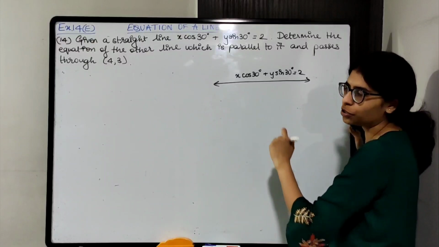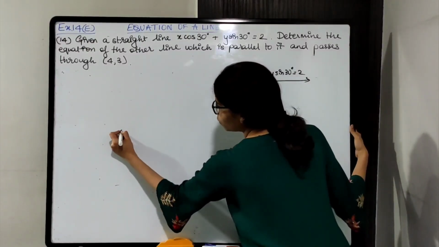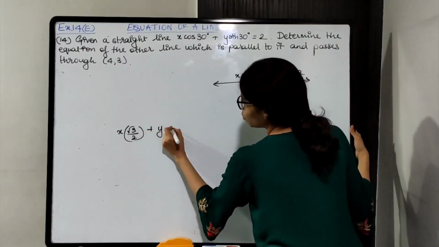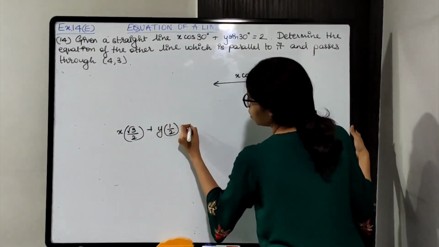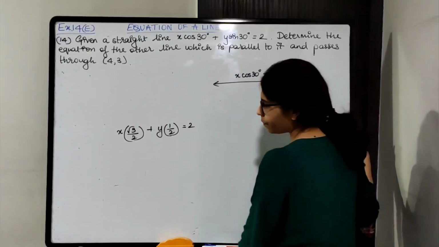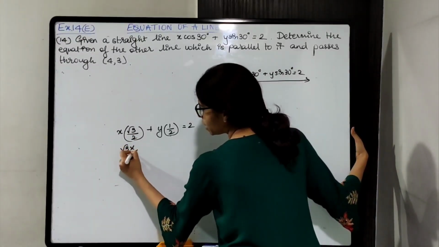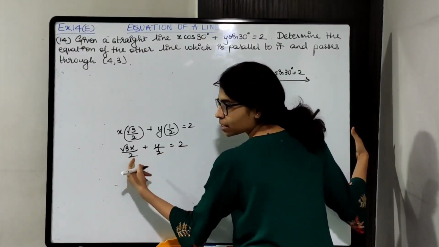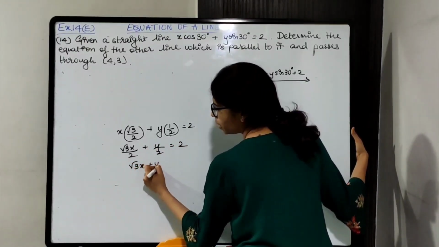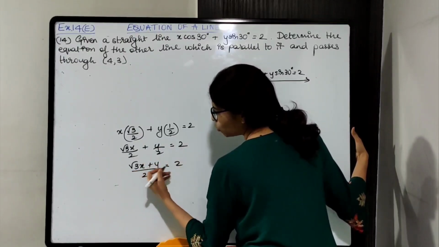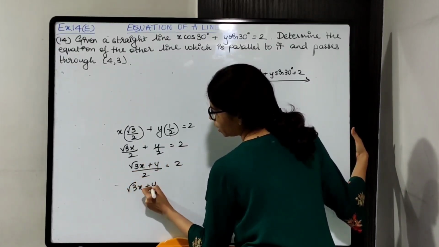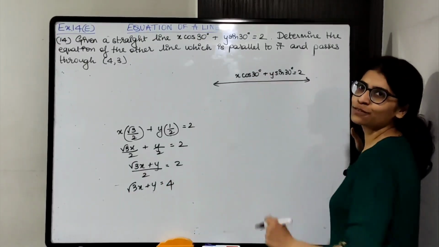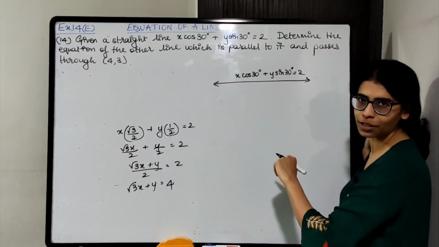Alright. So there is a straight line जिसका equation दिया है x cos 30 plus y sin 30 equals to 2. Cos 30 हो जाएगा √3 upon 2. So I'll solve over here. And sin 30 हो जाएगा half equals to 2. This will give √3x upon 2 plus 1 into y is y upon 2 equals to 2. Denominator same है. So taking common denominator, 2 को shift करते हैं. So √3x plus y is equal to 2 into 2, 4. So this is the equation of the line. You have to get the equation, okay?